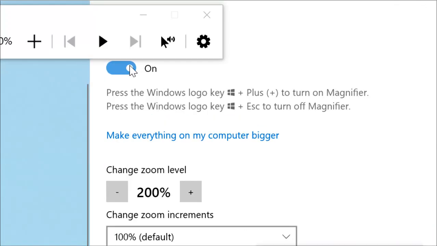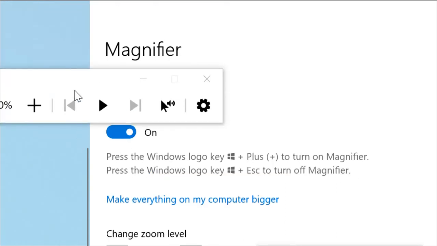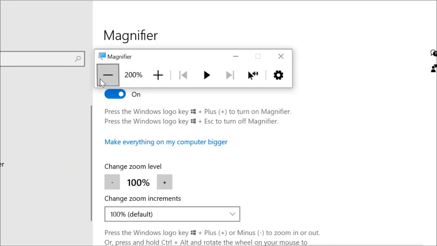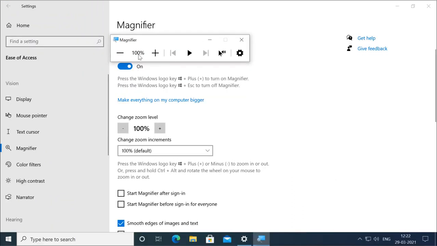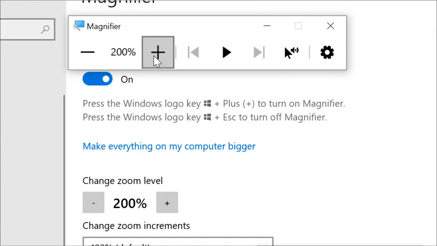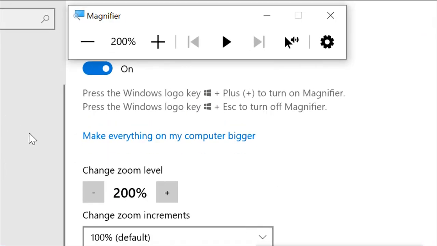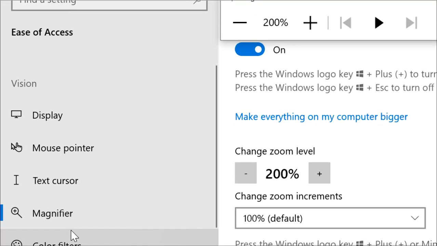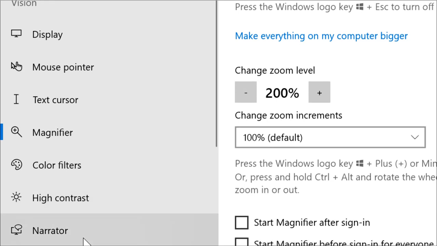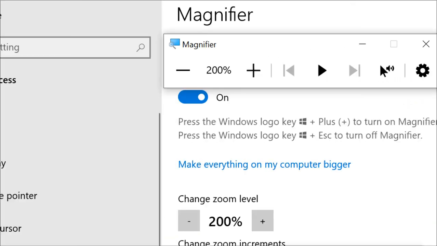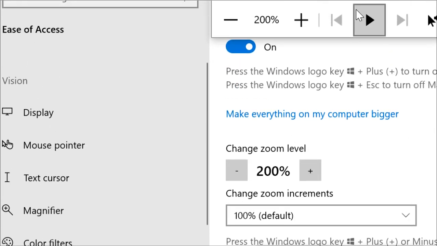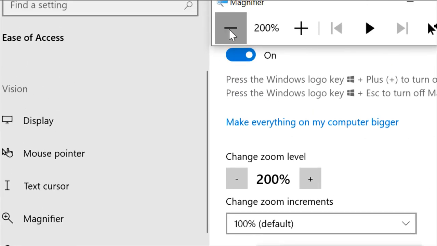This is actually the magnifier, and it is magnifying everything, you can see, and it is going for 200%. I can go for 100%, and I can increase, and you can see it will follow my mouse. So when I move my mouse to this side or down, it follows my mouse. So this is for increasing the specific area of the window.